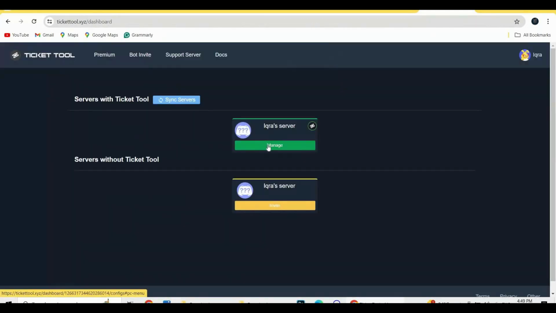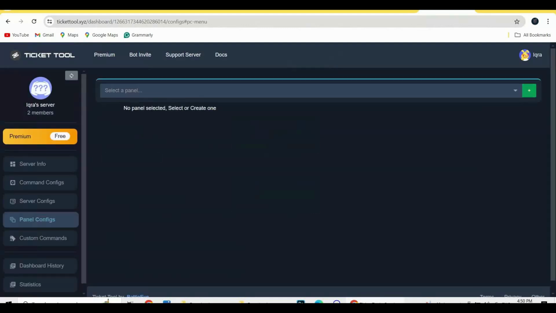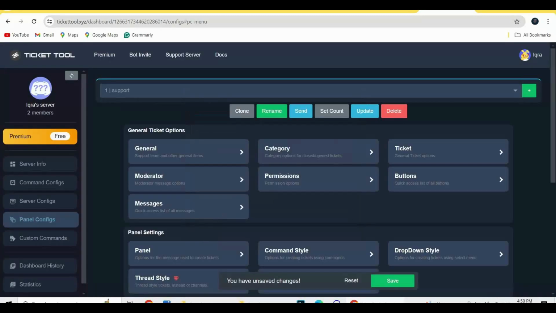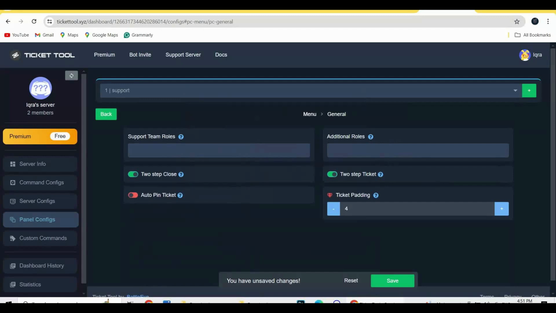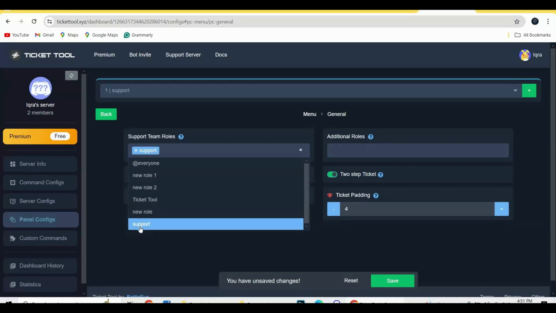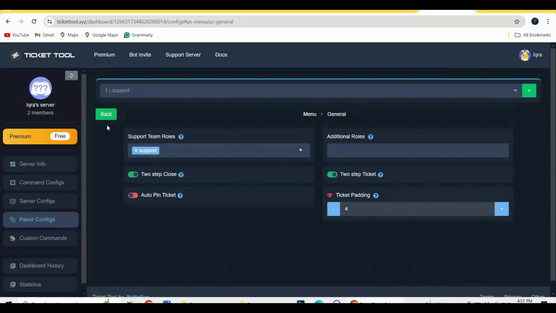Now you have to go with the manage. Now you have to create a panel and go with this plus button and create your panel. Write the name of your panel over here and hit on create. Now you have to go with the general, and you have to go with the support team roles. Select support and then you have to go with the save. Now go back,